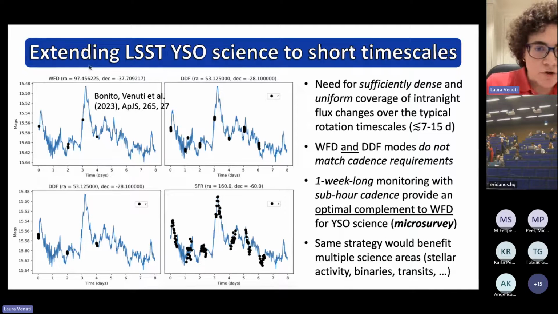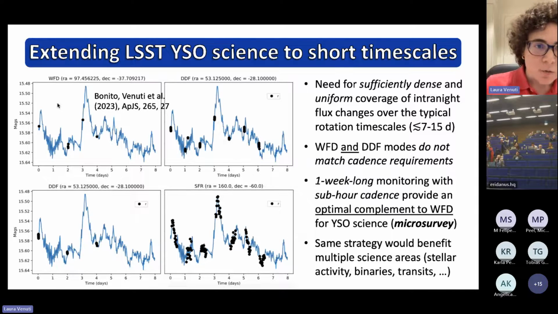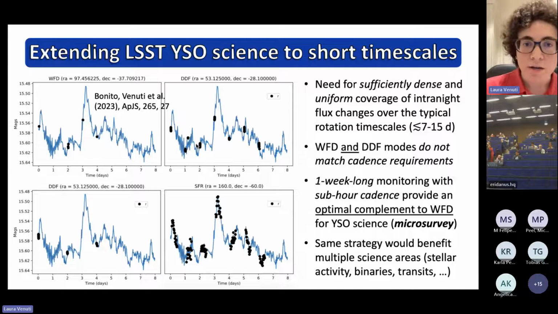So here the plots I'm showing correspond to the wide fast deep cadence, the deep drilling field cadence, and then an ad hoc cadence that we considered to reconstruct the shorter timescales. And what this exploration told us is that neither the wide fast deep cadence nor the deep drilling field cadence would be sufficient for us to reconstruct the short-term variations of young stellar objects. And the optimal way to extend the LSST